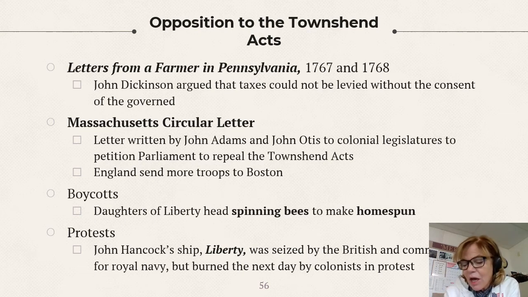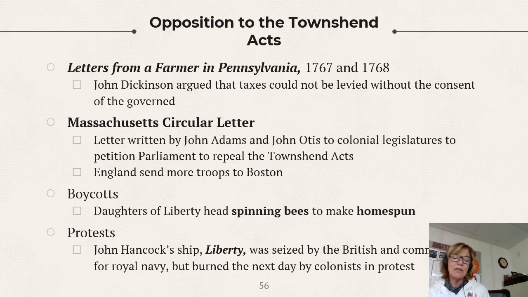Now, John Hancock is a very famous person, probably the richest person in the colonies at the time. He was in the import-export business, and he had a series of ships. Well, one of his ships, the Liberty, was seized by the Royal Navy and commissioned as one of their ships. I think he had been smuggling something, or there was some Madeira wine on it, and so they seize it and take the ship, and then some colonists are like, well, rather than them having it, let's just burn it. And so they do. So there's one example of increasingly violent behavior.